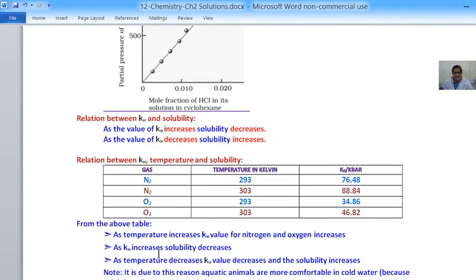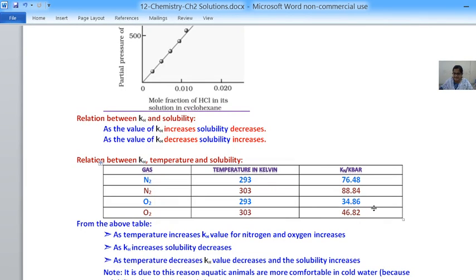Next, as the Kh value increases, the solubility decreases. From our previous relation, we know as the Kh value increases, the solubility decreases. So we can say that as the temperature is increasing, the Kh value is increasing, and so the solubility is decreasing. Likewise, as the temperature is decreasing, the Kh value is also decreasing, but as the Kh value decreases, the